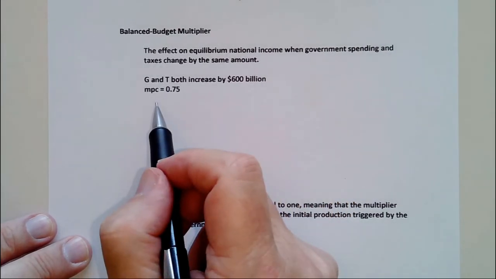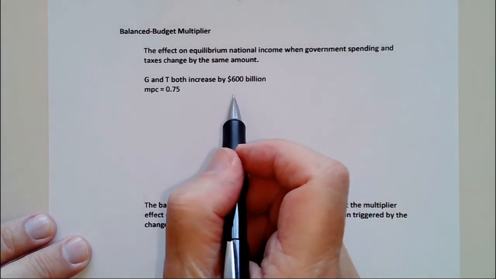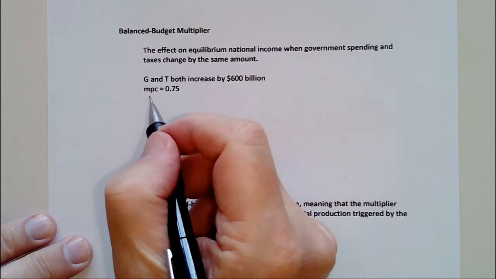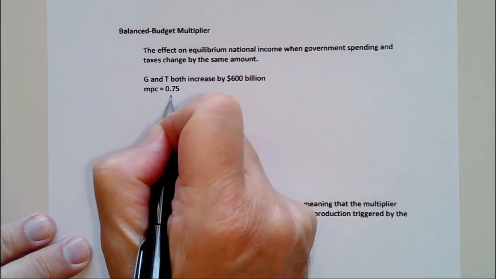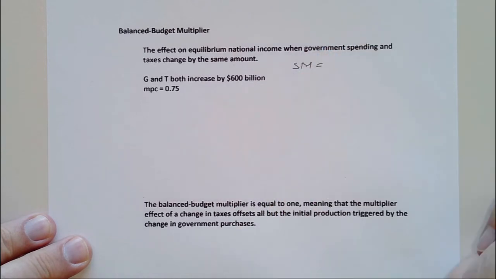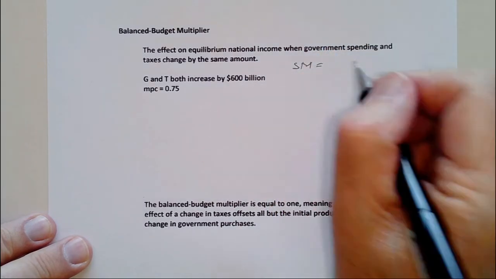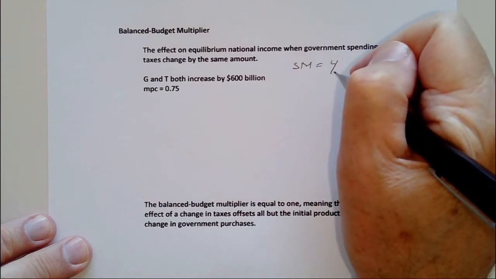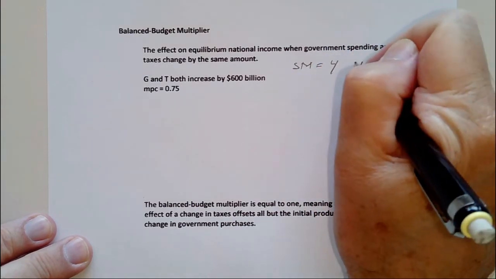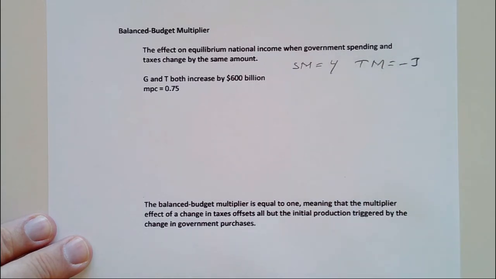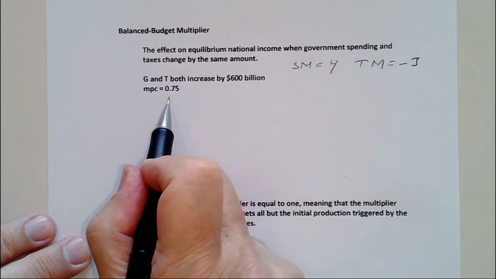Now, students might think, or the average person might think they're going to cancel out, but they're not. Let's go ahead and do it. So it's going to use our multiplier. The MPC is 0.75, and so the spending multiplier is 1 over 1 minus 0.75. That's 1 over 0.25, and a quarter goes in $1 4 times. We did that when we had the table earlier. And then the tax multiplier is 1 minus 4, which is negative 3.